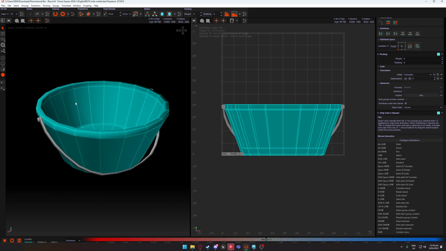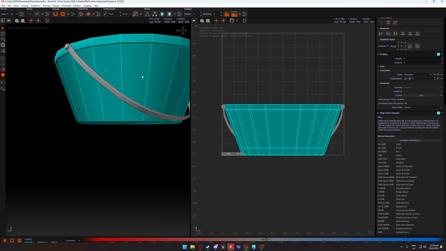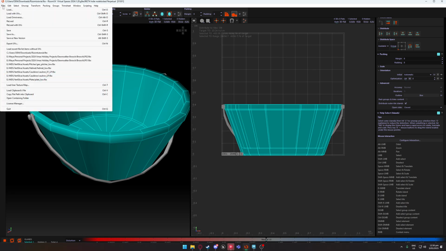Island mode will select whole islands, and of course, because this is its own object, it's all currently one island. Personally, when importing, I always import via load as opposed to load with UVs. There's a couple minor reasons as to it, and I would recommend load as opposed to load with UVs. If you have already started UVing an object, then of course load with UVs makes a heap of sense. But